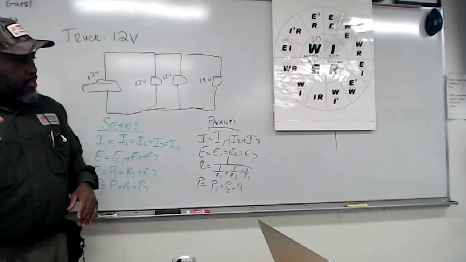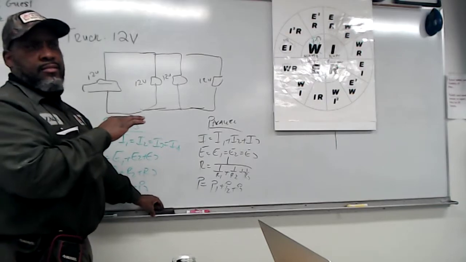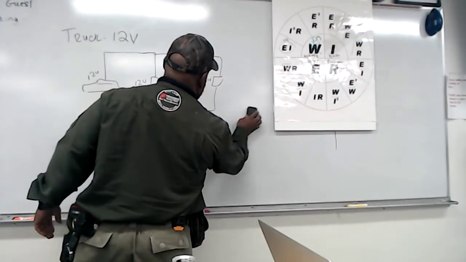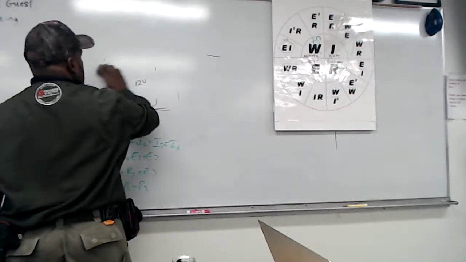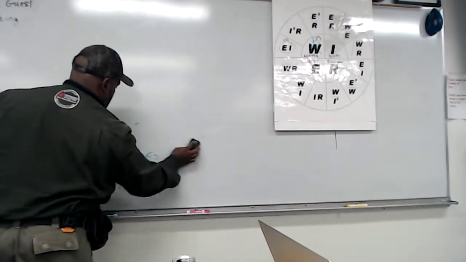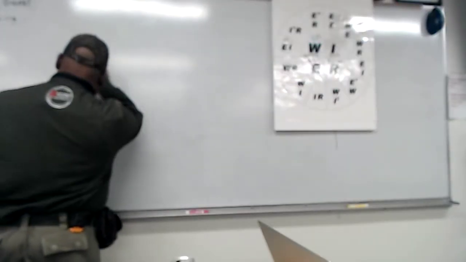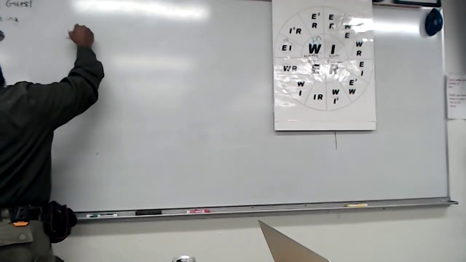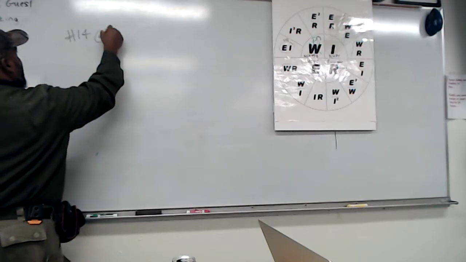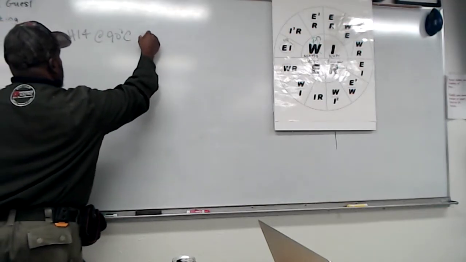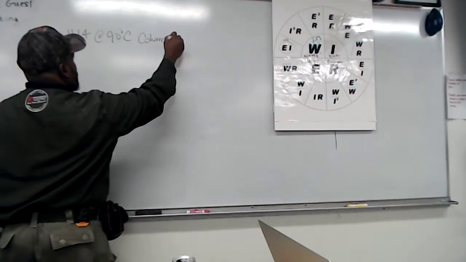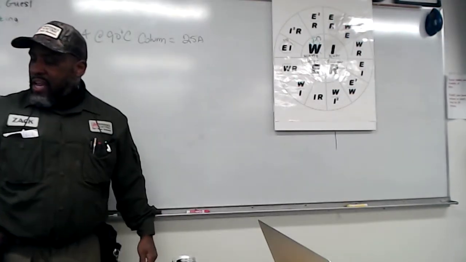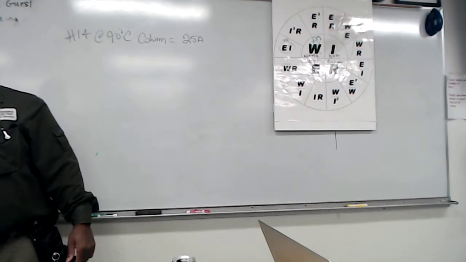Can I erase this right here? So we know that our number 14 at the 90-degree column equals 25 amps. We're going to turn our page to